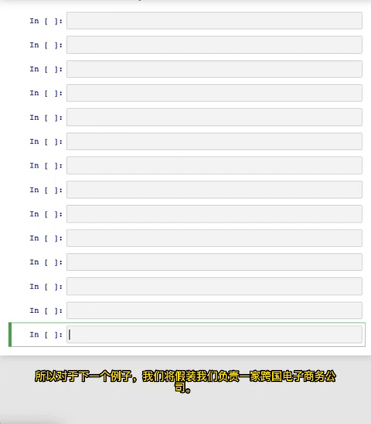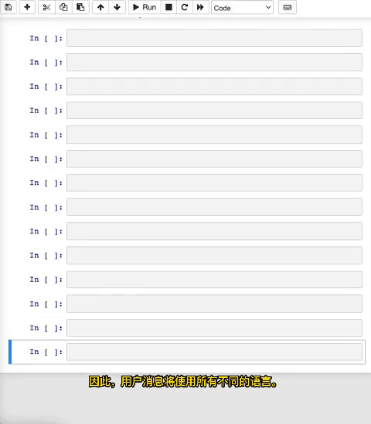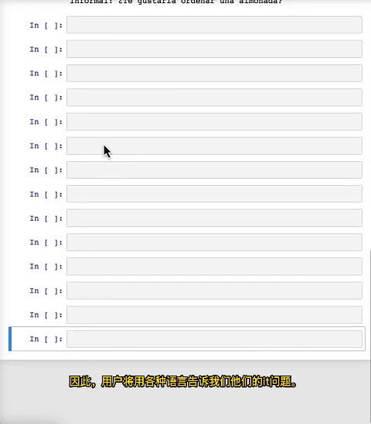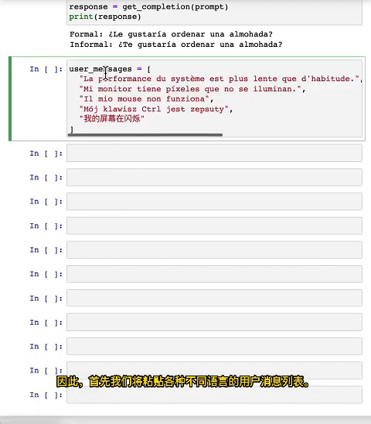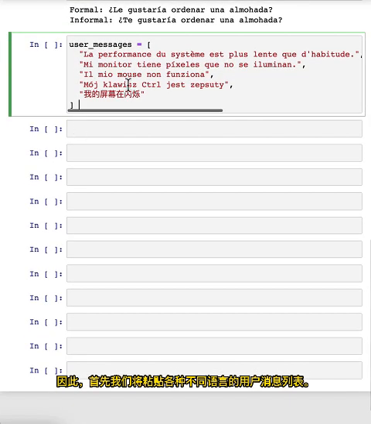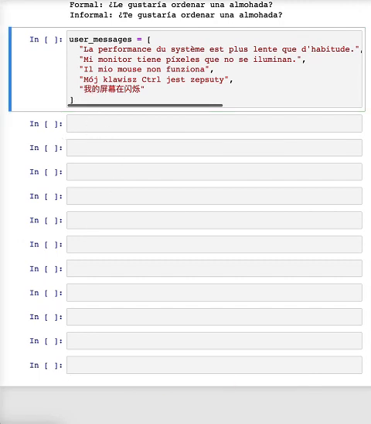For the next example, we're going to pretend that we're in charge of a multinational e-commerce company. The user messages are going to be in all different languages. Users are going to be telling us about their IT issues in a wide variety of languages. So we need a universal translator. First, we'll just paste in a list of user messages in a variety of different languages. And now we will loop through